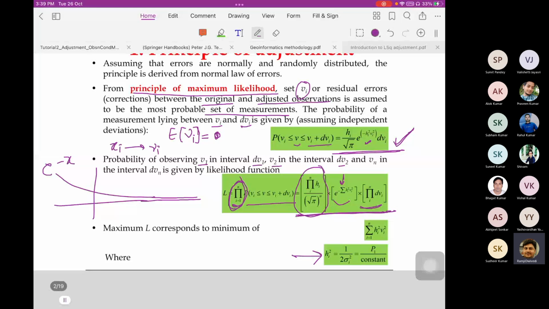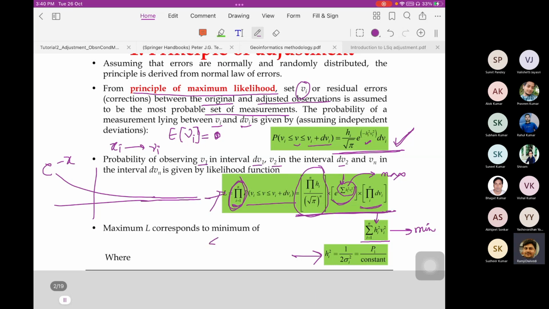That means the maximum would only come when this minus term gets maximized, isn't it? If this minus term gets maximized, then you will achieve the maximum value, because this has to be the minimum, the maximum likelihood at max function. So if minus is going for maximum, then positive would go for minimum. The sign immediately converts if you multiply with a minus sign. So if this is going for maximum value, then obviously the opposite of it would go for minimum value,